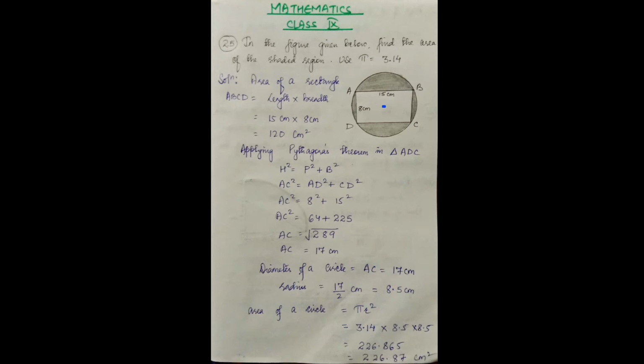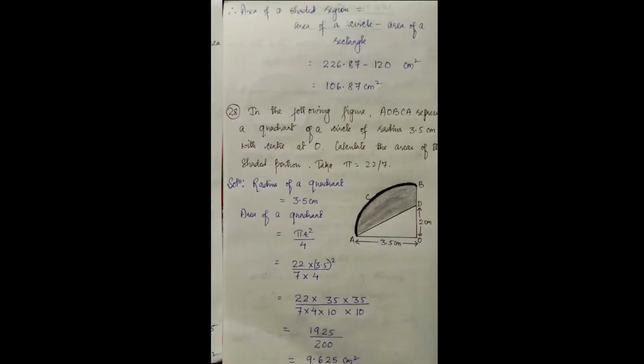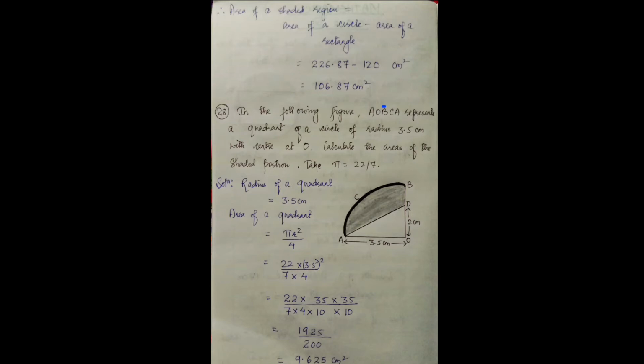The area of a circle is pi r square. Pi is given, use 3.14. So we have to use 3.14 into the radius 8.5, square, so we write it 2 times. Multiply all the numbers and you will get 226.865. So we have to round off. We write till 2 decimal places, but just after the 6, here is 5. If the number is 5 or more than 5, we have to add one to the number here, so 6 will become 7. So the area of the circle is 226.87.